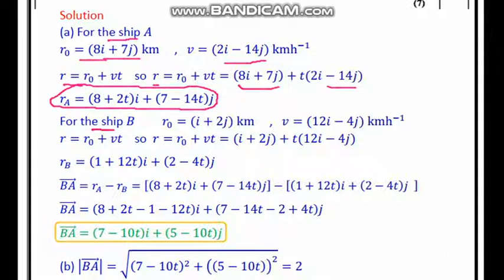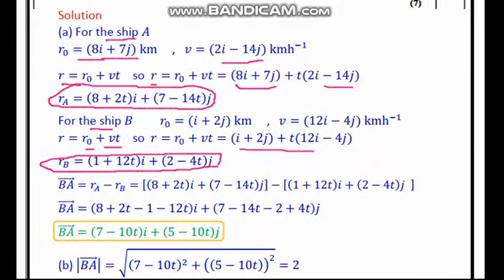For ship B, the same thing. We have r equals r naught plus vt. So equals i plus 2j plus t multiplied by (12i minus 4j). Combine like terms to get the position vector of B. BA, as you know, BA equals RA minus RB. Then combine like terms to get